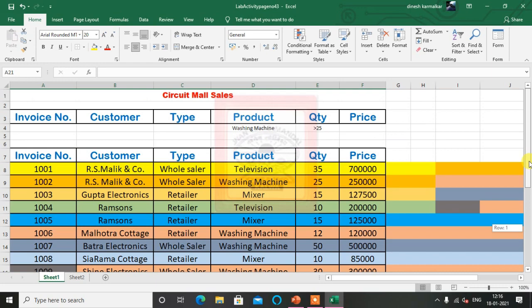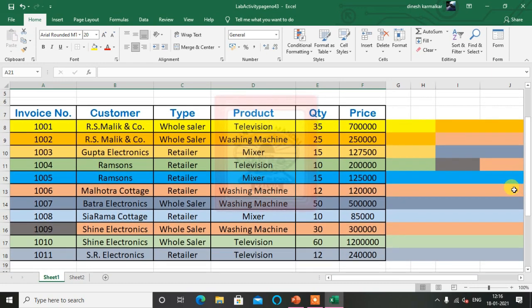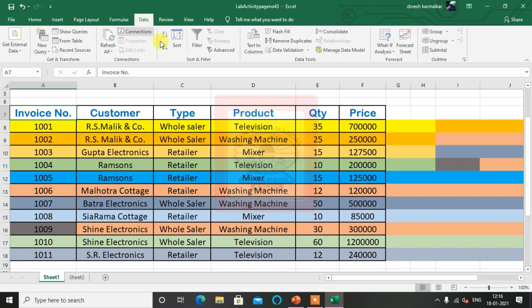Now let's move to the next part, that is the subtotals. For subtotals, as per the procedure, we click any cell here and go to Data.